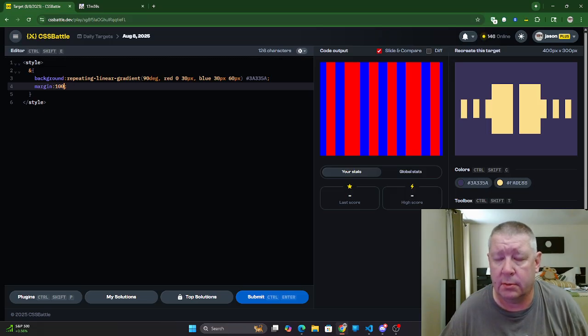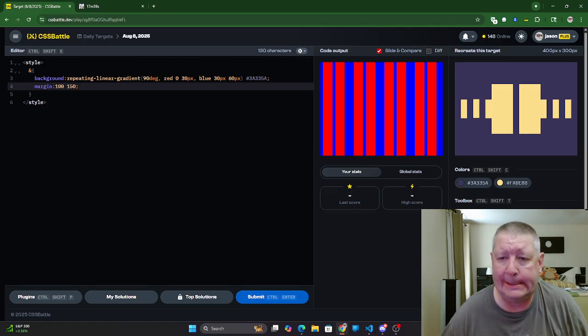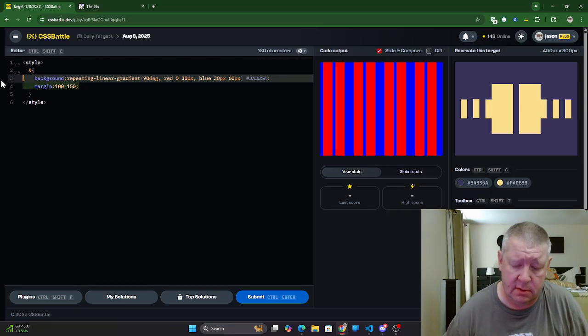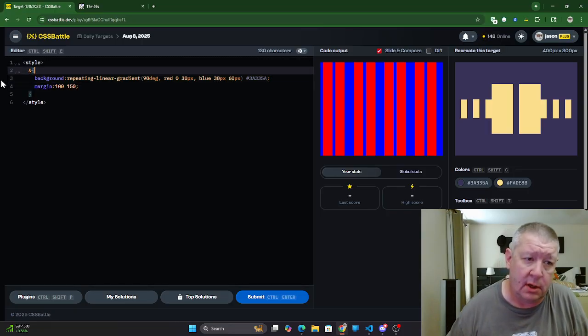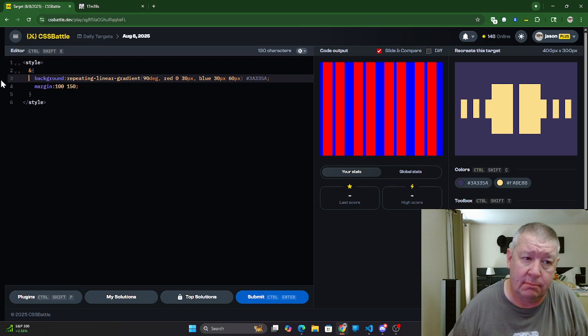Oh, that's a repeating linear gradient. It's the weird thing that I'm seeing. So it's not going to squeeze down. So this all needs to move down to the body, which means I'm probably going to end up with element,